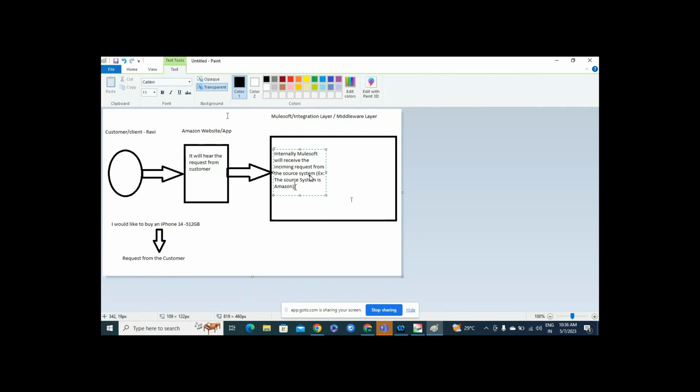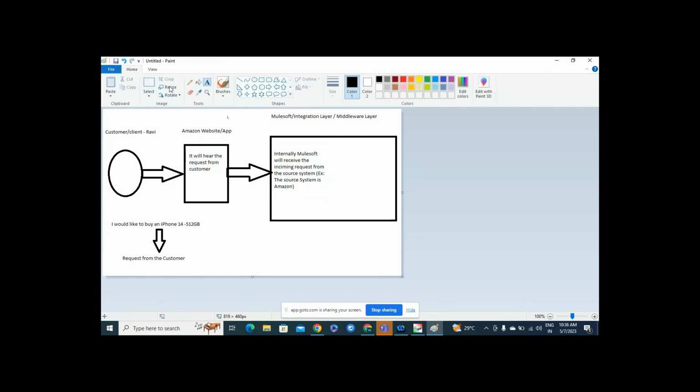Then it will understand the request. We have different target systems available.